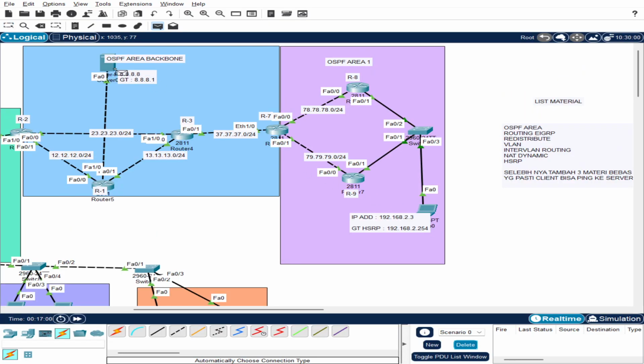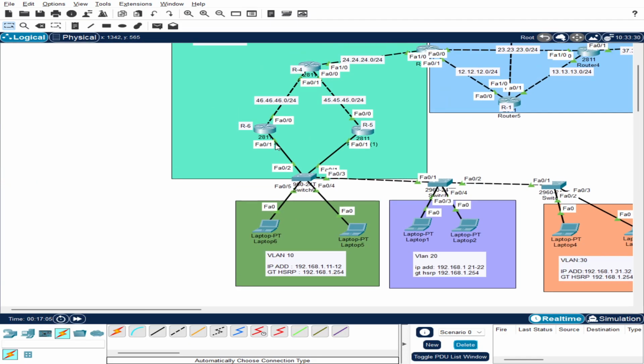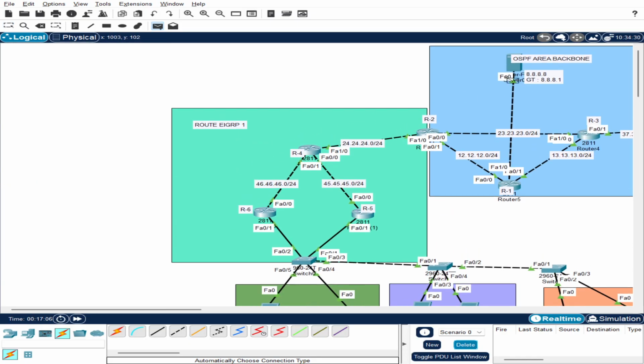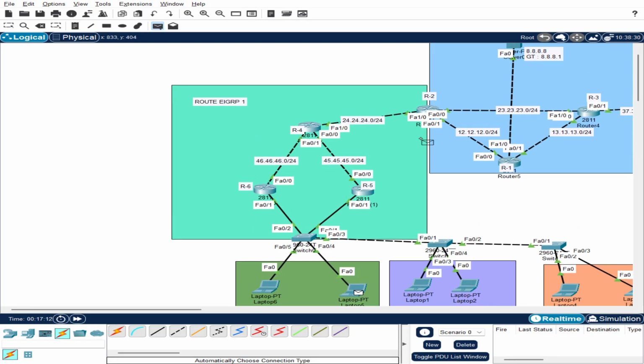And when I want to connect from the laptop to the server, it is successful as well. That's why NAT is very useful for this kind of topology, and that's why I'm using it.